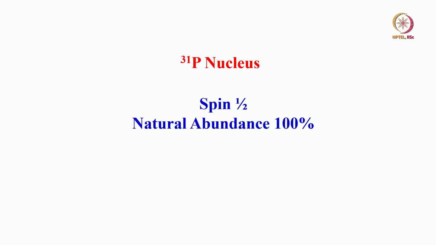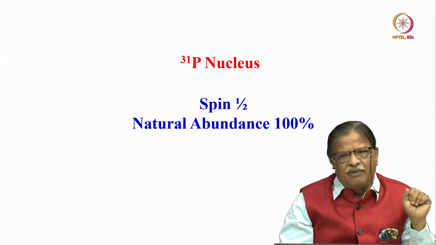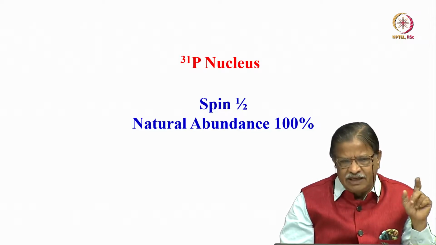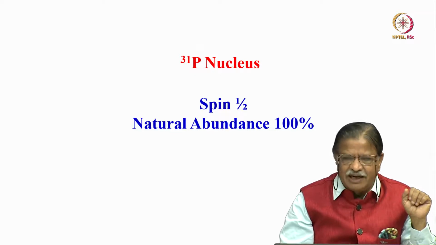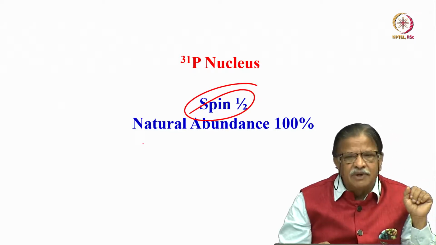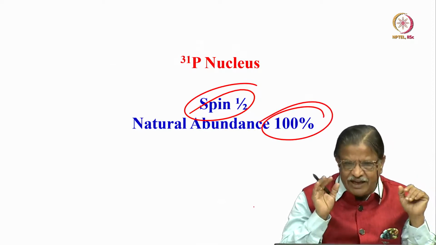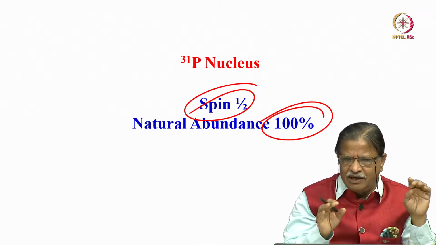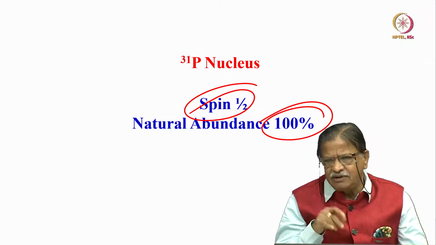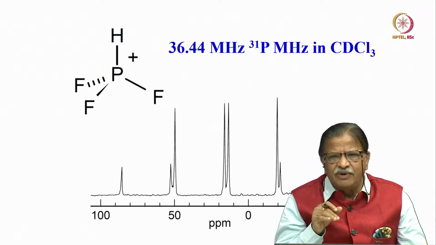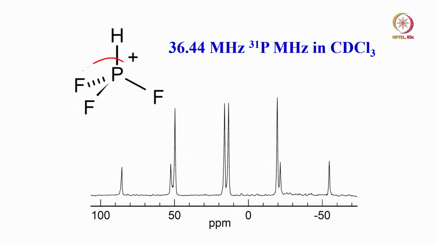Now we will go to another exotic nucleus, phosphorus NMR. This is something which biology people use most of the time. They study 31P NMR. Interestingly, it is a spin-half nucleus, a friendly nucleus for us. Also 100% abundance, very easy. Phosphorus, fluorine and proton are all friendly nuclei to study because of 100% abundance and spin-half nuclei. Look at this molecule. This is a very simple molecule, PF3H.